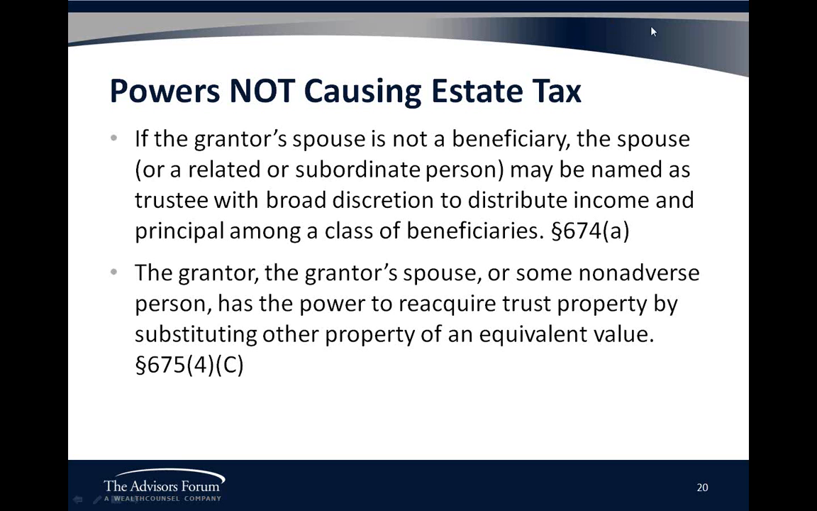If the spouse is not a beneficiary or a related subordinate person, the spouse can have broad discretion as a trustee. Basically, name the spouse as a trustee, and that will make it a grantor trust. So that works also. Now, we're going to spend a lot of time talking about the next power, and that is